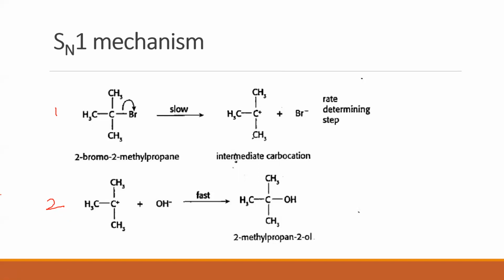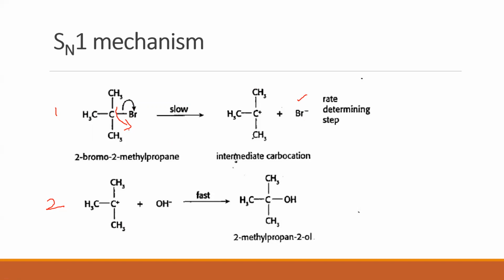In the first step, this is an alkyl halide. Clear? So an alkyl halide, what is it getting converted to? Observe. From the alkyl halide, the halogen is going out with the bond. Here the halogen breaks with the carbon atom, and it takes away both the electrons of that bond to go out as Br minus. Br minus indicates that it has taken away the electrons of that bond.